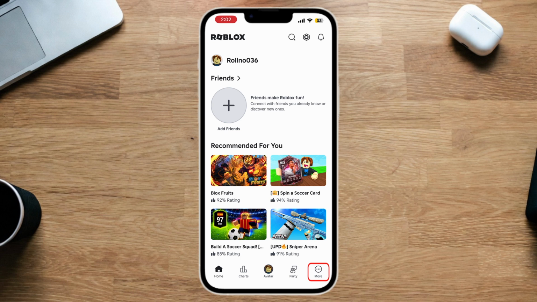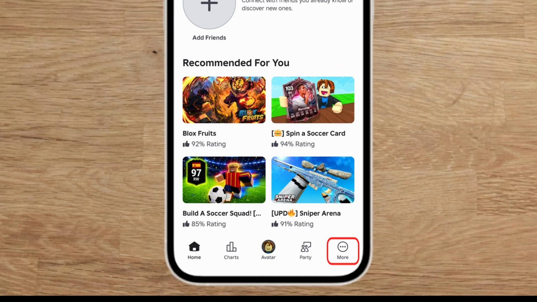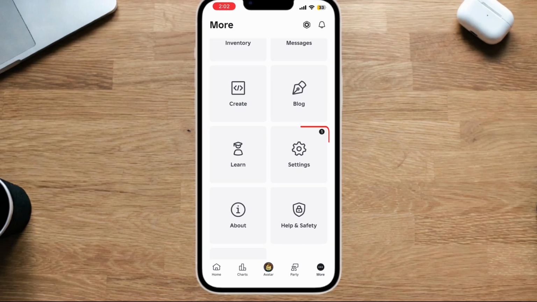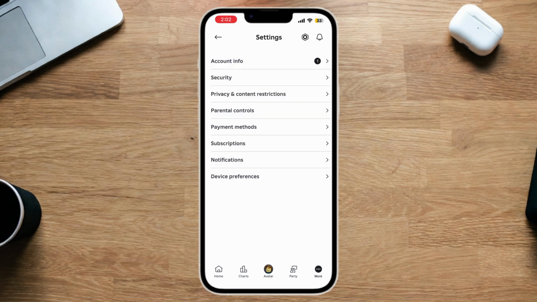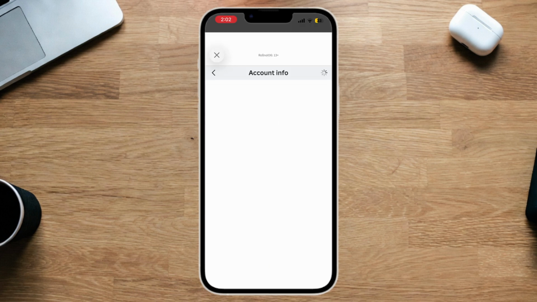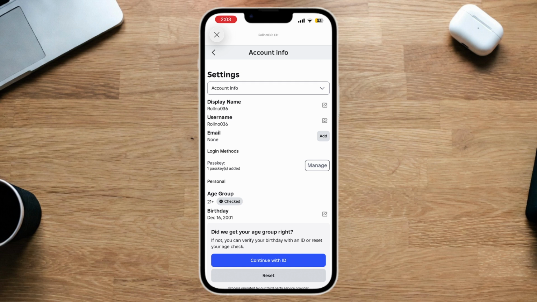Once you're signed in, tap the More menu in the bottom right corner if you're using the app. Next, select Settings. Now, go to the Account Info section. If your date of birth hasn't been verified, tap or click on your date of birth and update it to